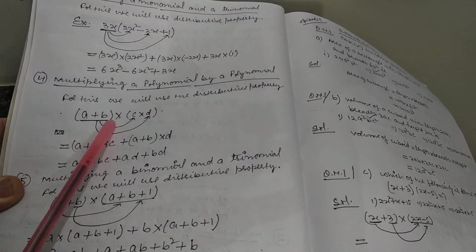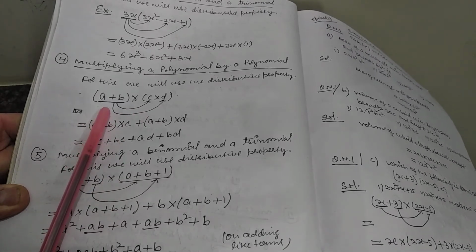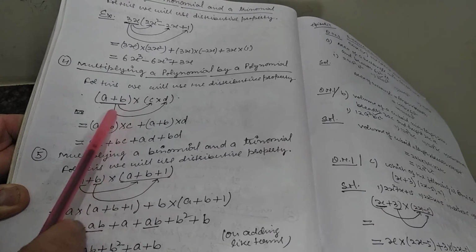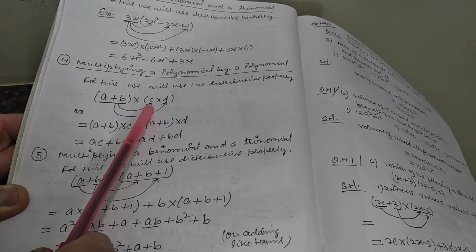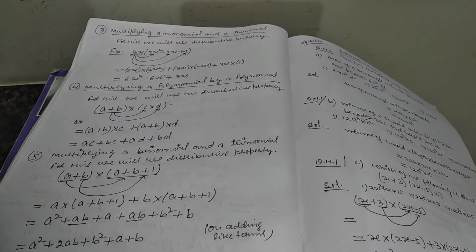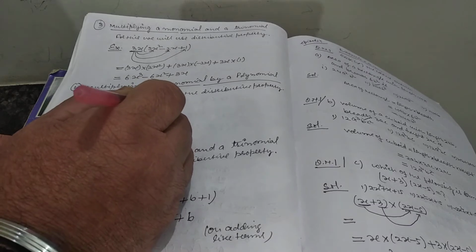We will again use the distributive property. So now if we take the example, that is one polynomial is a plus b within bracket multiplied by c plus d,